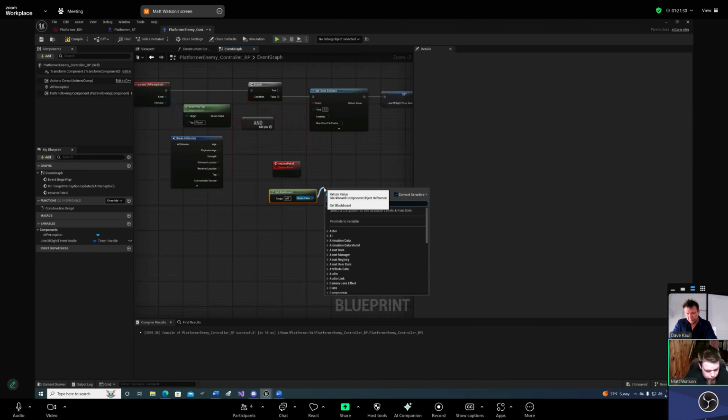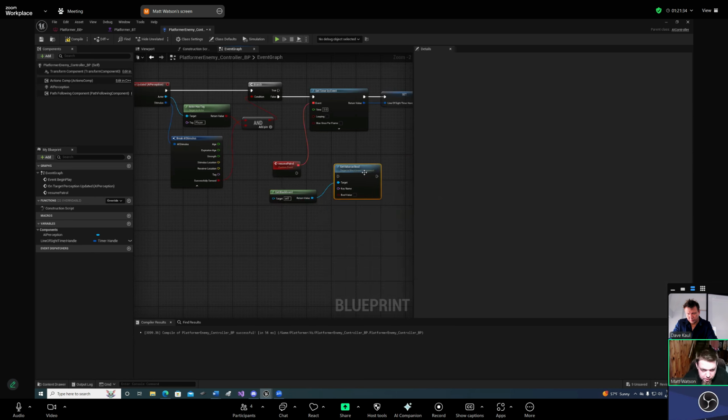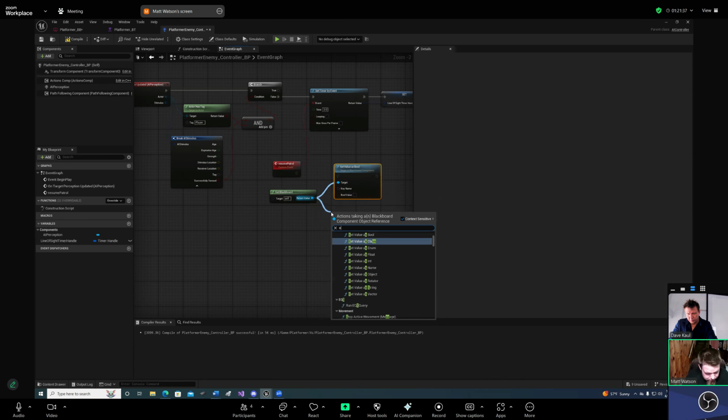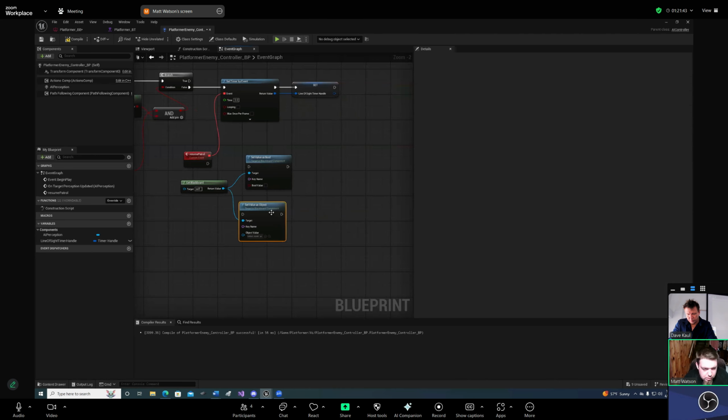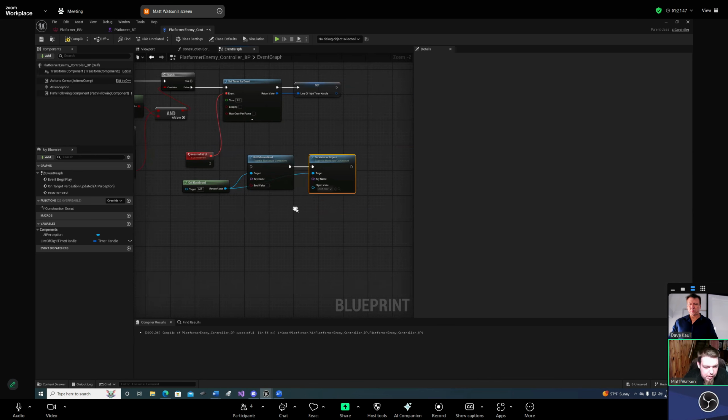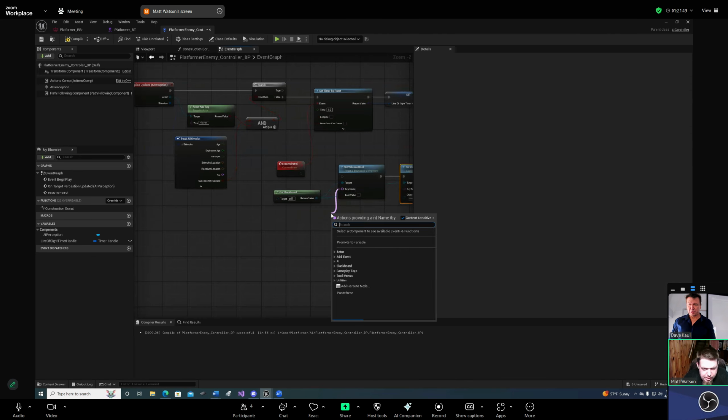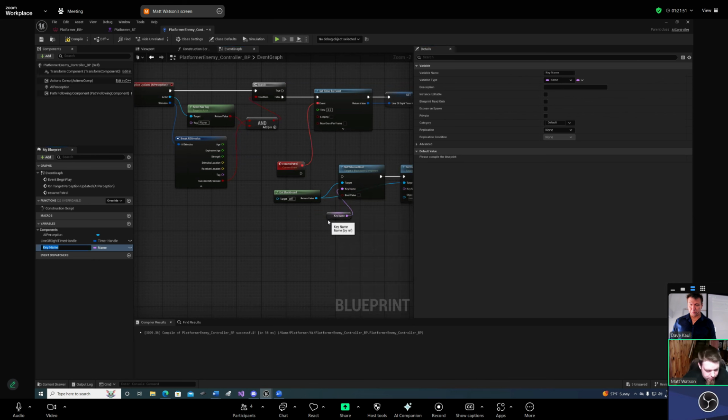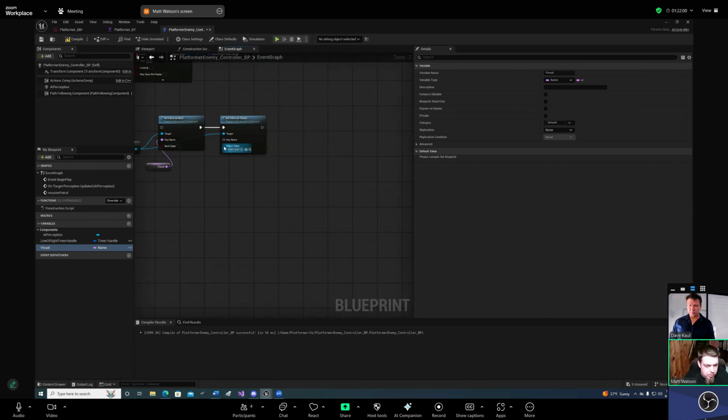And then we want to set value as bool and set value as object. And then key name, so variable is going to be my visual, and this is going to be my